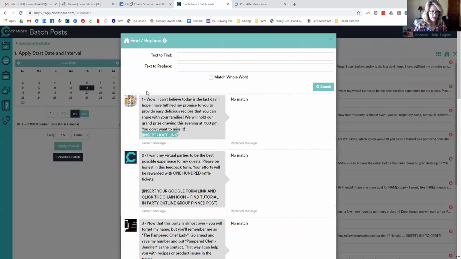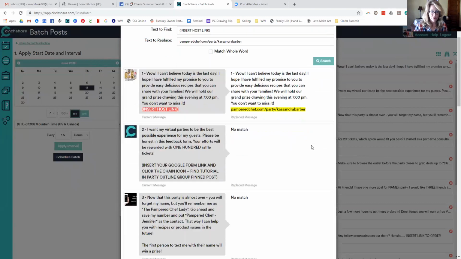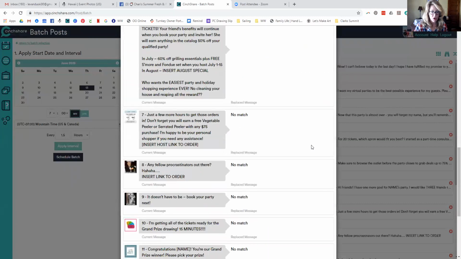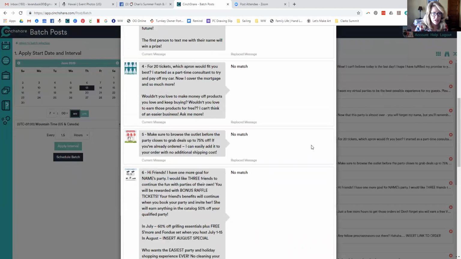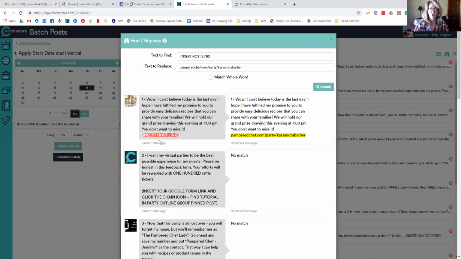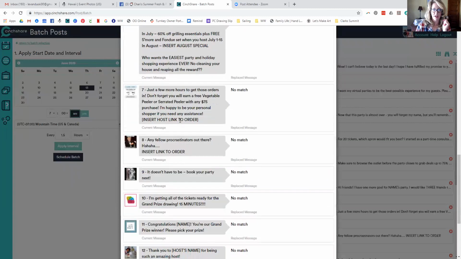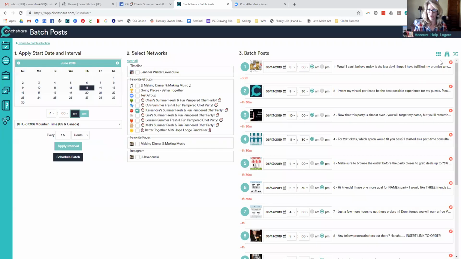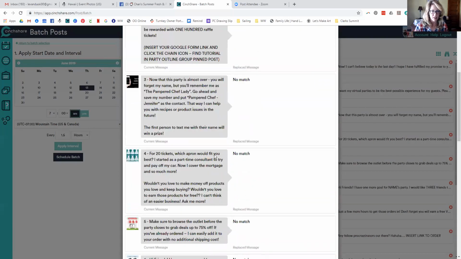Here's our host link. And I do put this in here more often on the last day. Interesting. Okay, so right here it says insert host link, but right here it says insert host link to order. If it's not exactly the same, it's not going to catch it. Okay, so make sure that you're paying really close attention to what is in the left column.